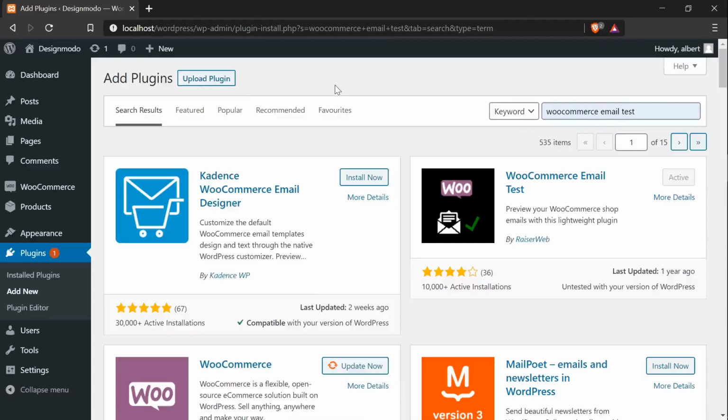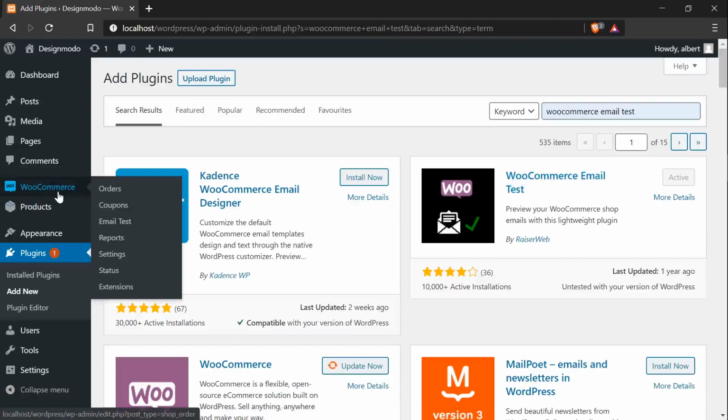Alright, so now I'm in the WordPress admin dashboard and I'm looking at the plugins. I want to add a new plugin called WooCommerce Email Test because this will allow you to easily preview what your emails look like. So go ahead and search for and install this plugin. I have already done that, so after you activate the plugin, you'll get a new submenu option called Email Test. And if you click that,